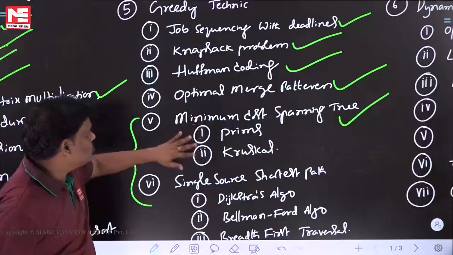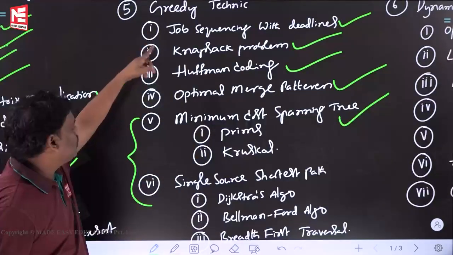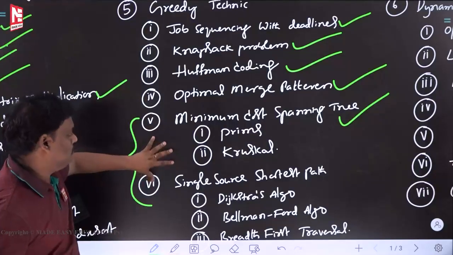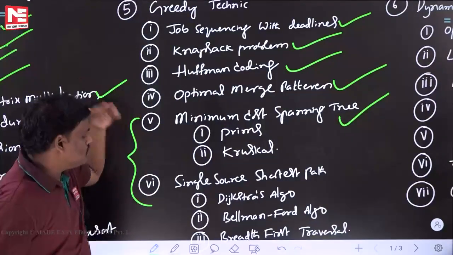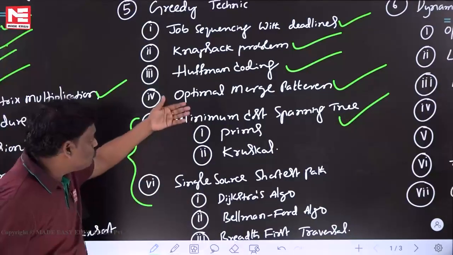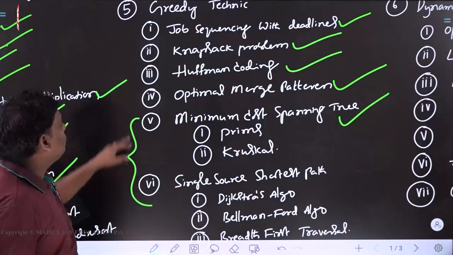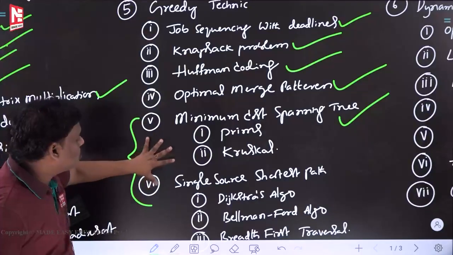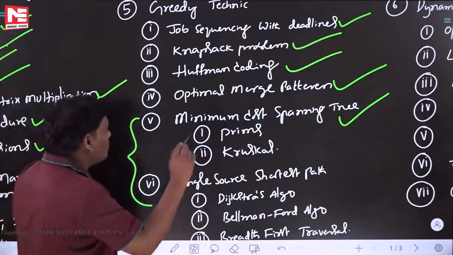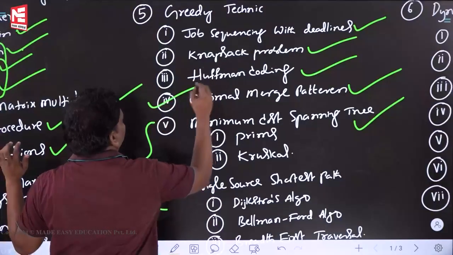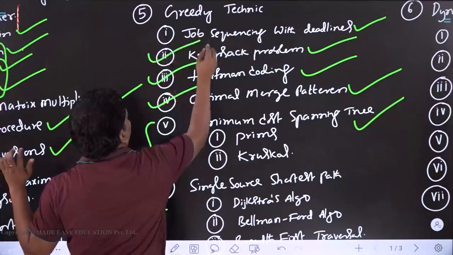Somehow there is a marks distribution from the greedy chapter from these 2 things. Every year 4 marks are coming, mostly. Sometimes only 4 here, sometimes only 4 there, sometimes 2 marks and a 1 mark question. Some distribution is going on. From this greedy chapter, these 2 mostly will come. Sometimes in the GATE examination, questions are given from the others also.